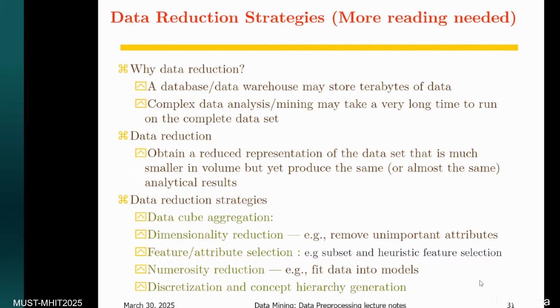Apart from data cube aggregation and dimensionality reduction, we do feature attribute selection. We can always reduce our data set by asking, do I need this particular attribute? Do I need that? This one is not relevant. The other one is relevant, so let's keep it. And so now you realize that the attributes will be reduced because of our selection.